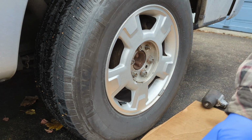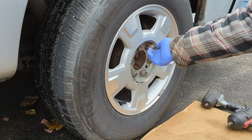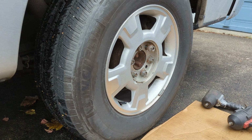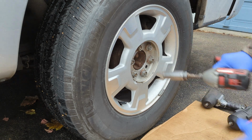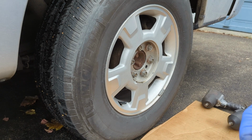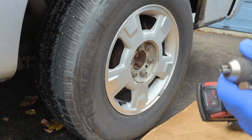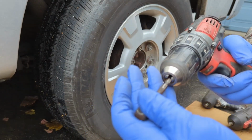So this thing isn't strong enough to break the torque of them when they're on tight. So I used the Johnson bar, the breaker bar, whatever you want to call it, and went that route with it. Well, maybe you don't have one of these. What else do you have? Well, maybe you've got a cordless drill of sorts. So stick them in there. Same type of